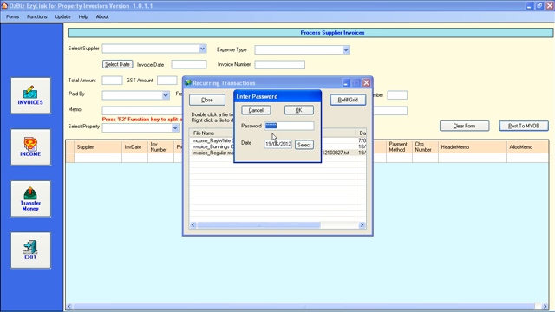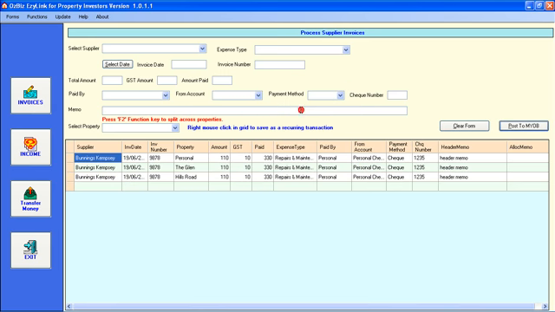It asks for a password. Now we've pre-entered the password into this. At the very start, we'd suggest you work with the OzBiz team to ensure that all of this is being done properly, and on that basis we will need to enter the password for you. So we say OK, whammo. There we are. There's exactly the same transaction